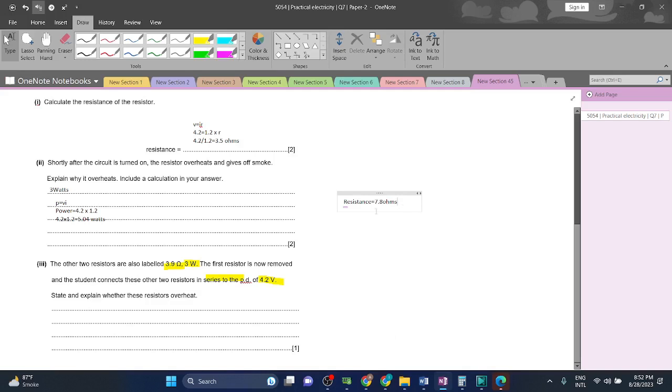And now let's calculate what the current is. Current will be calculated using the formula V is equals to IR. हमारे पास voltage कितनी है 4.2. हमारे पास I कितना है निकालने वाला है और हमारे पास R कितना है 7.8. So 4.2 divided by 7.8 will give us the current